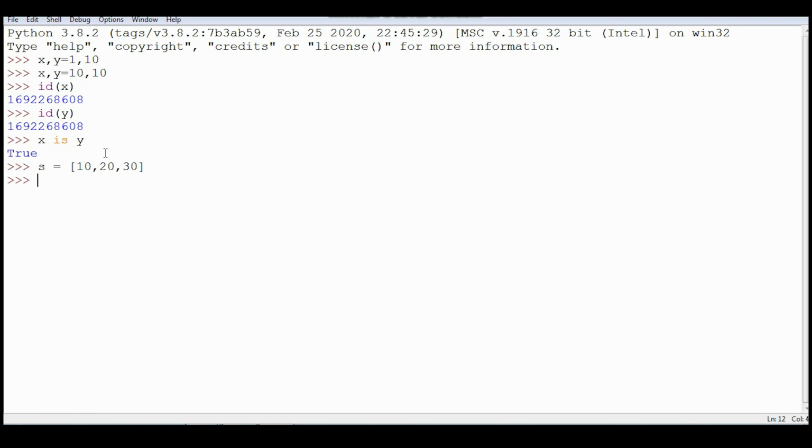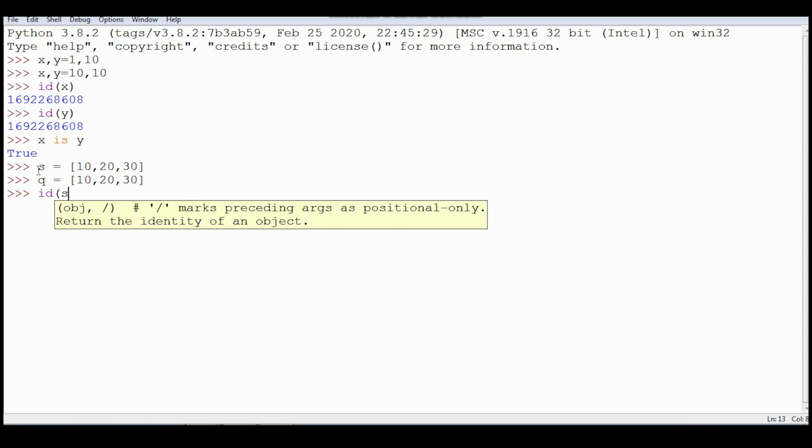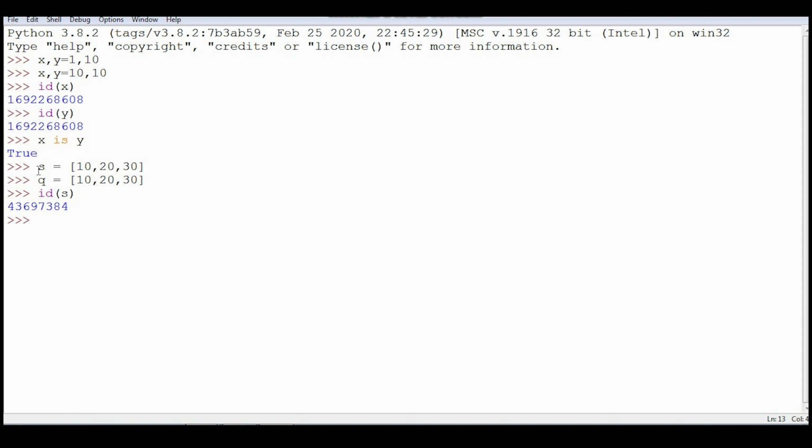Now if I create q, which is also a list, and in that list also the values are same, though the values in the list are same, these two objects are different. If you want, you can see the id of s and you can see id of q. Can you see the id is different? So though the list values are same, these list objects are different.